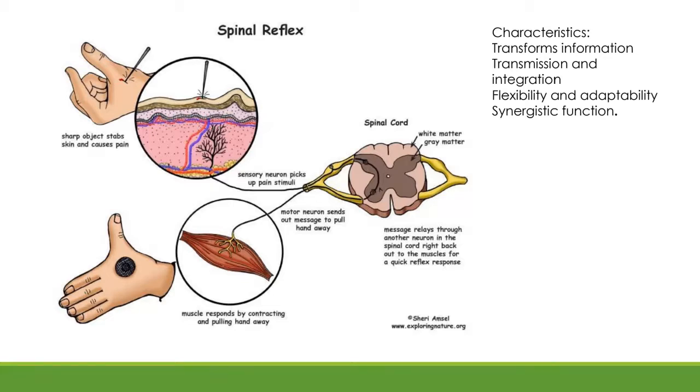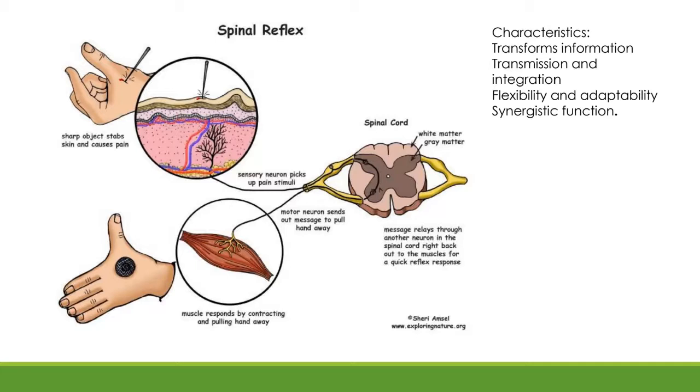So that's what we spoke about as a spinal reflex, where there's no brain involvement. If you get stuck with a pin or put your foot on a tack, you have an automatic spinal reflex that makes you pull your foot away. If you stand on a drawing pin, that pain is quick, it's sharp, and your body actually reacts by pulling your foot away before your brain has even processed that it has happened and the amount of pain you feel.